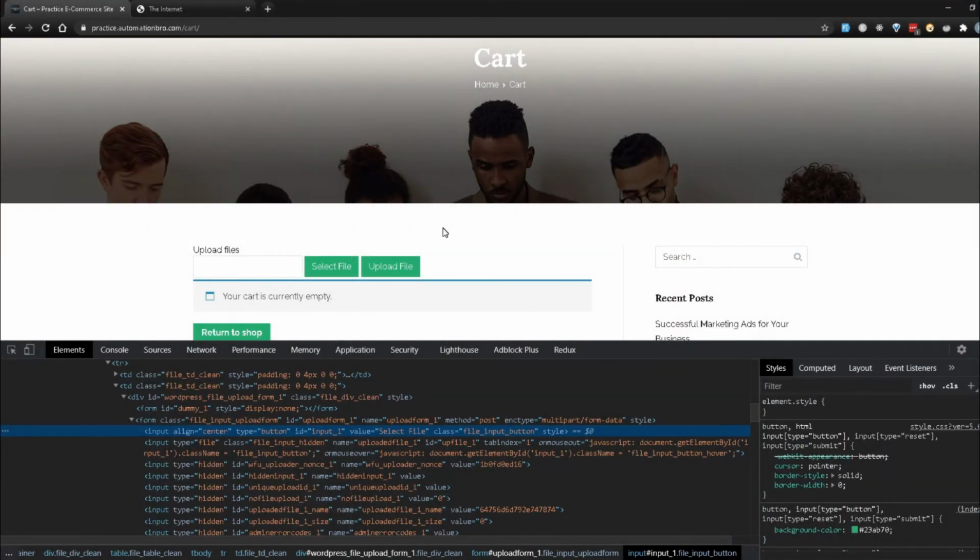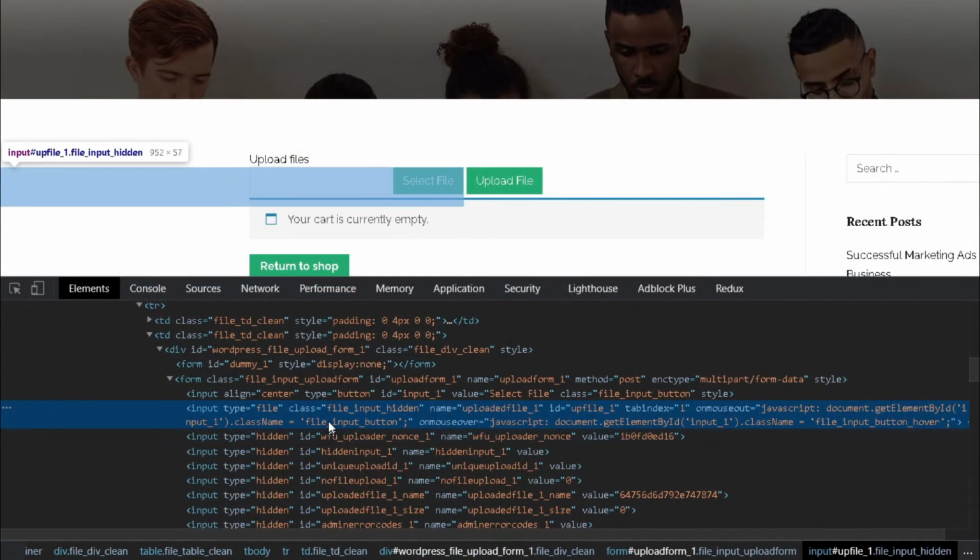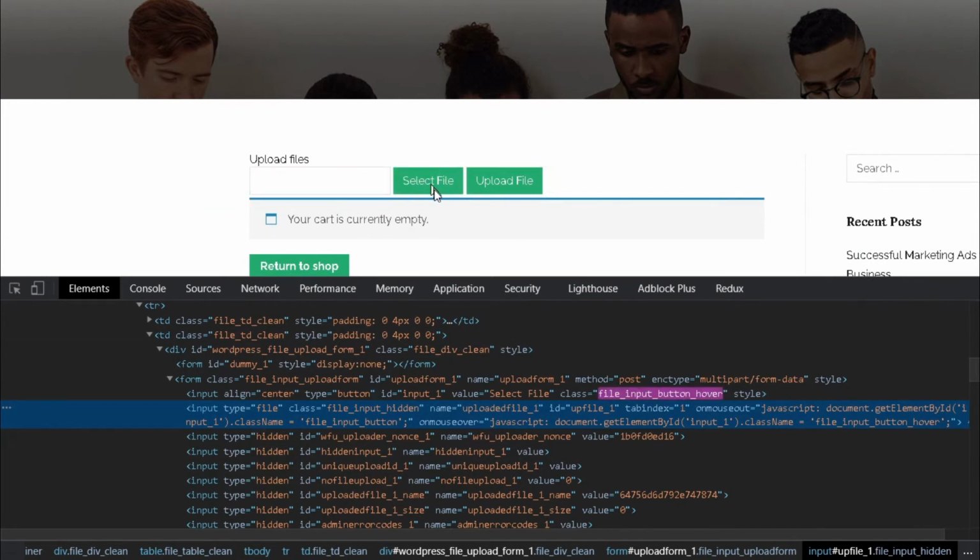Okay, so I'm back in Chrome. The workflow we were looking at was clicking on the select file and the upload file, right? But if I hover over select file here, you can notice the moment I hover over there, we have something else here. This is the input type file, right? This is the same input type file that I was talking about. Whenever you're uploading a file, you need to focus on the input type file. It doesn't matter what else is there on top of it.